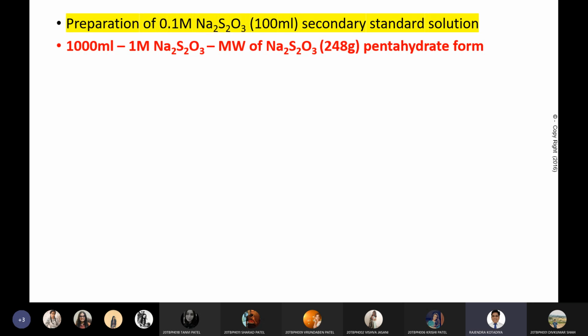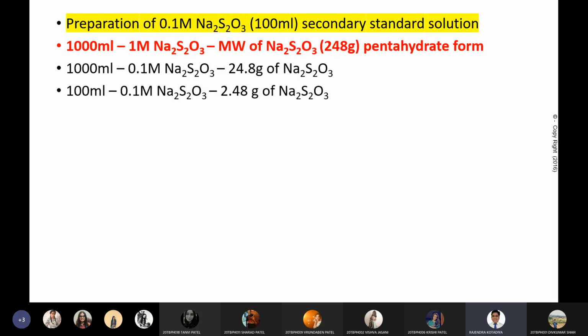Okay? Yes, sir. So that's why it is 248 gram. When you dissolve this 248 gram in 1000 ml, it will be 1 molar sodium thiosulphate solution. Now we need to prepare 0.1 molar. So if we convert it for 0.1 molar, it is 24.8, and for 100 ml, it is 2.48 gram of